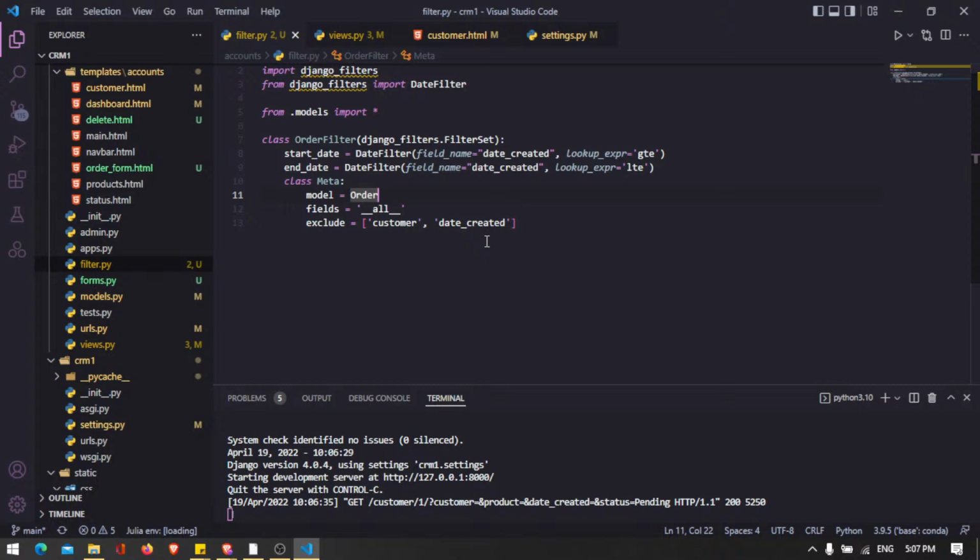Okay, so I'm also going to put those items out in the table now, and that's going to be in customer.html, and we're going to do